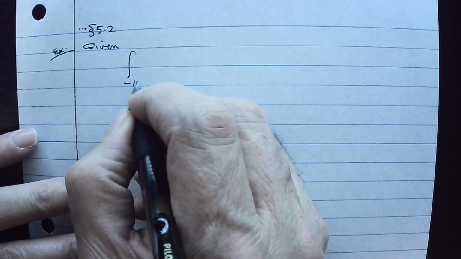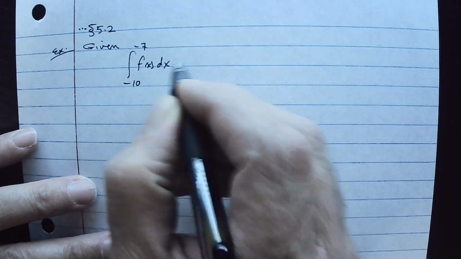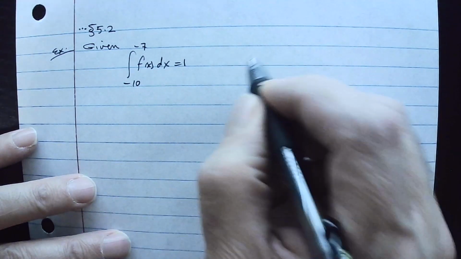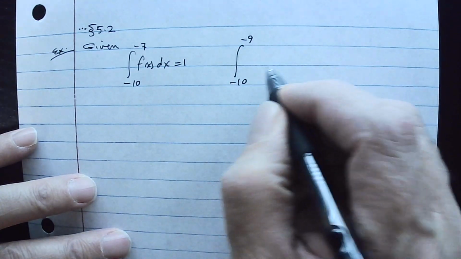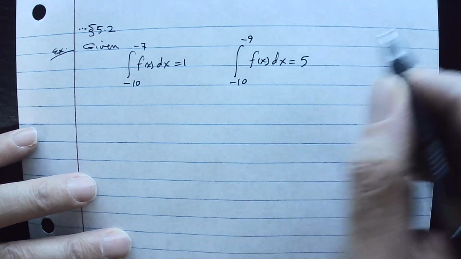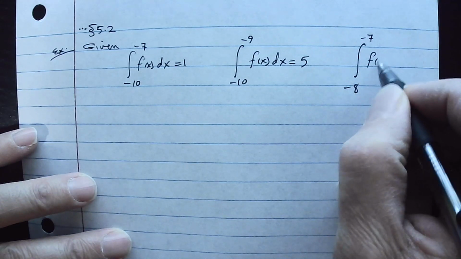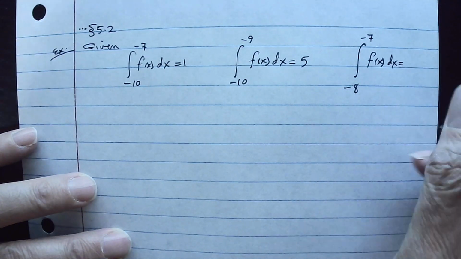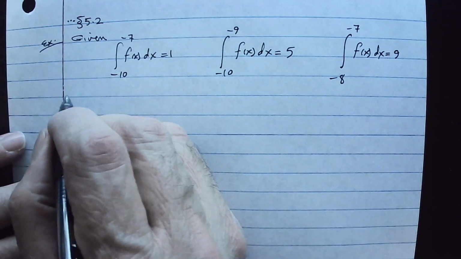So given the integral from -10 to -7 of f of x dx equals 1, and given the integral from -10 to -9 of f of x dx equals 5, and the integral from -8 to -7 of f of x dx equals 9. We need to use these three to find